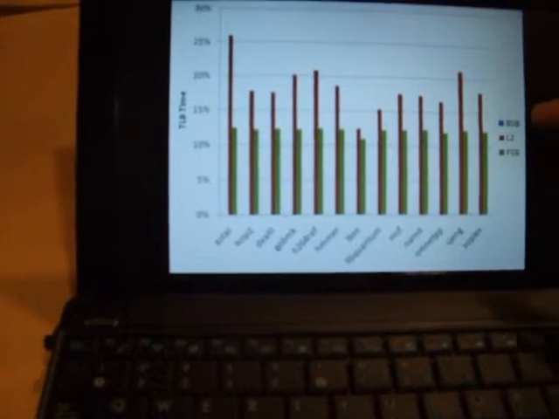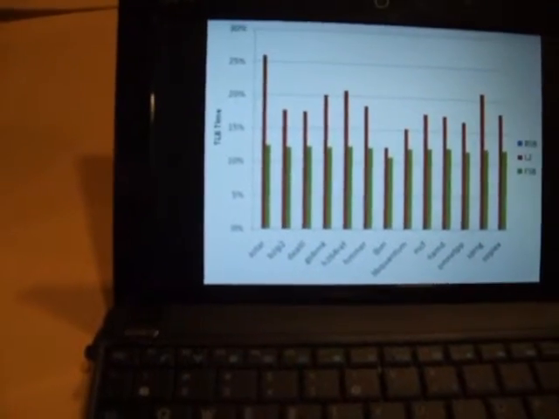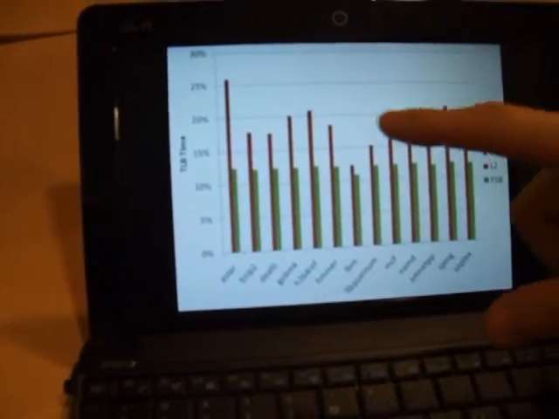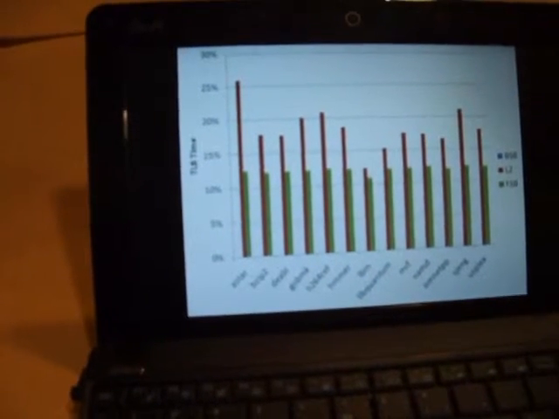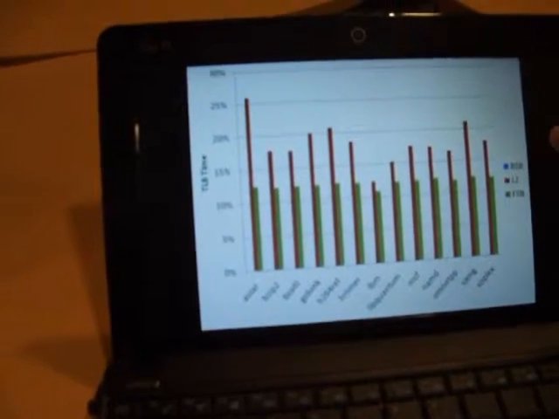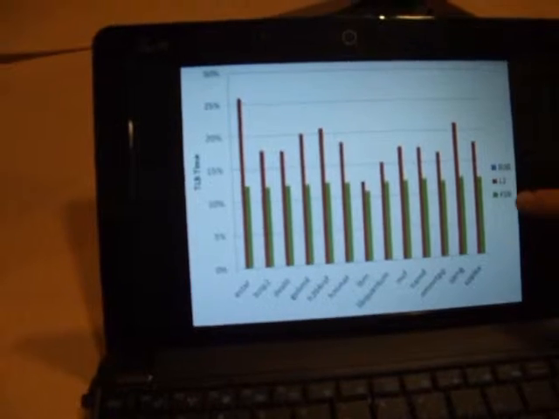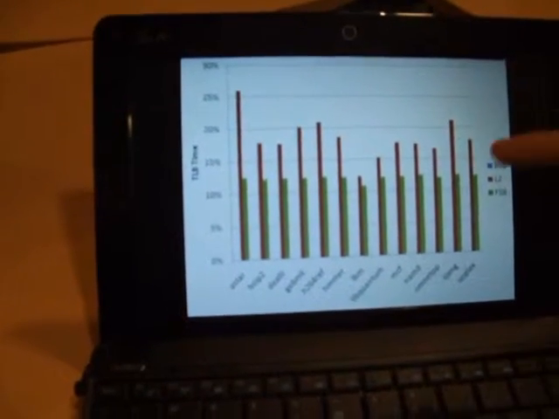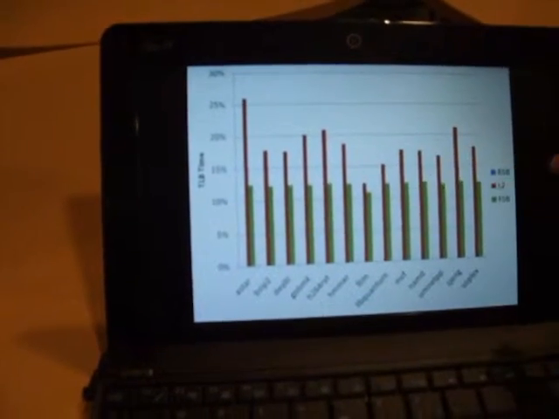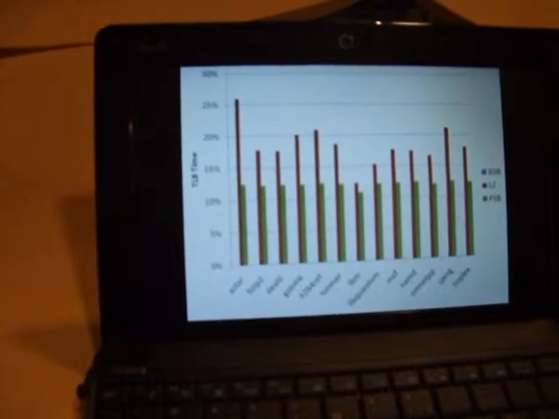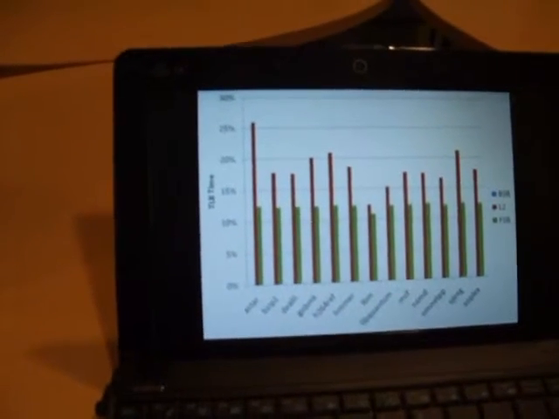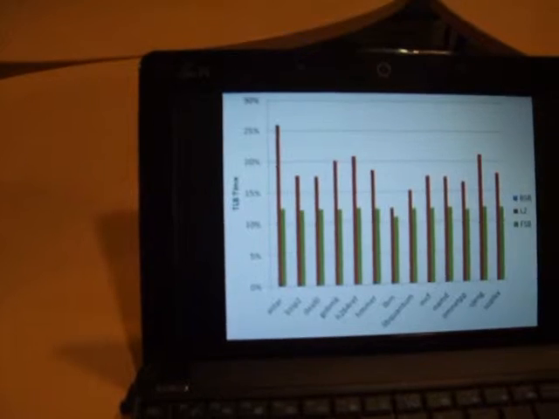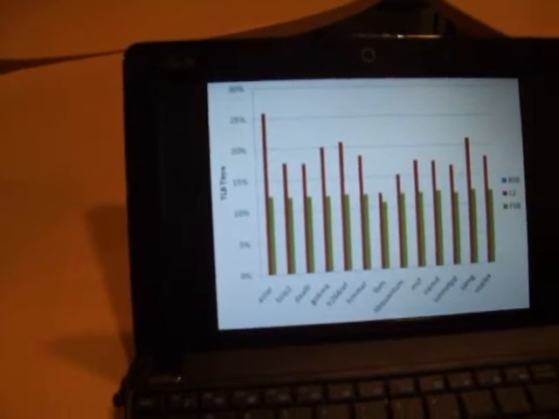But in the L2 cache attack, you can see that they spend almost 20% of time handling TLB misses. And in the frontside bus attack, it also spends about 13% of its time handling TLB misses. This means that if you spend more time handling TLB misses, the attack will be less efficient, because